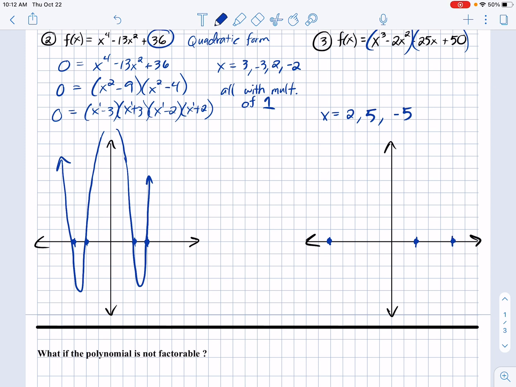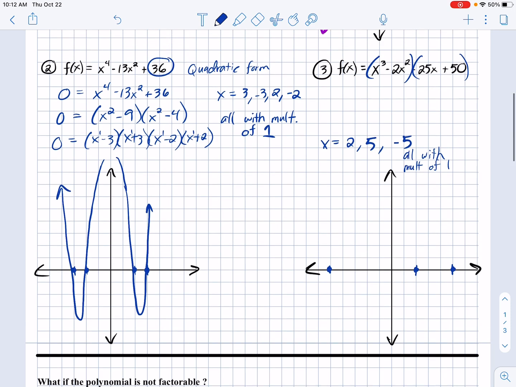Okay. All with a multiplicity of 1. None of these repeat. So this graph is going to be crossing through each of these intercepts. And it was actually going to look like,